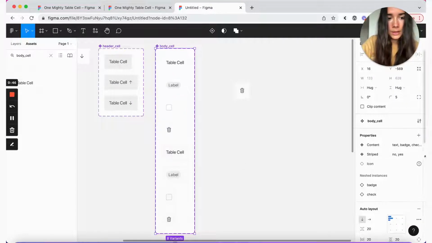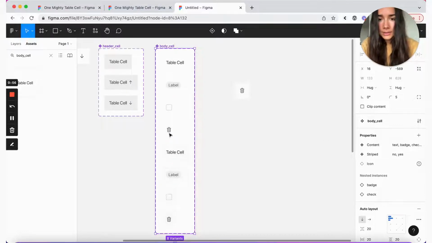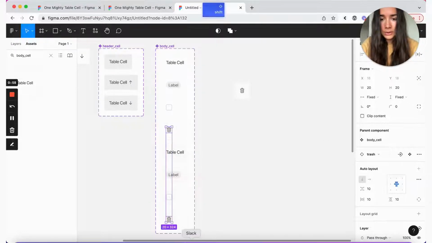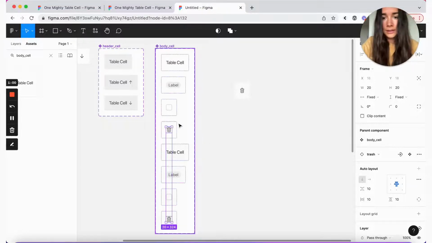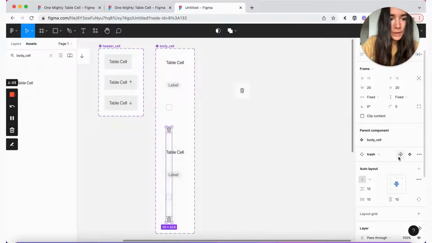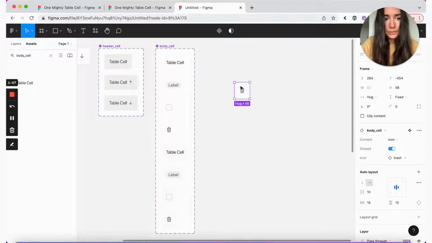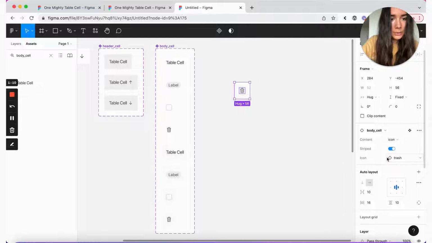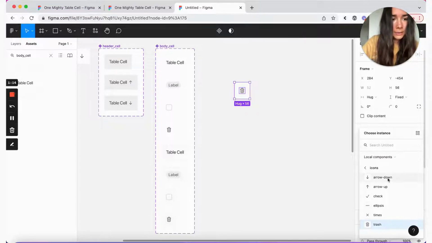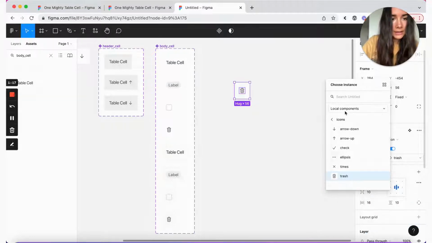And now there's a little alert here, which means that we didn't really apply any layer to this icon. So what we're going to do is take our existing variant and apply it to the icon instance swap. Okay, so now we have this new property here, and let's say we wanted to swap it. Now when we open it, we see all of our icons here.